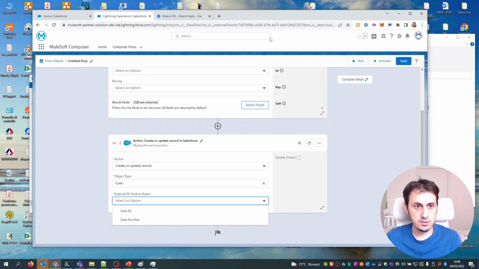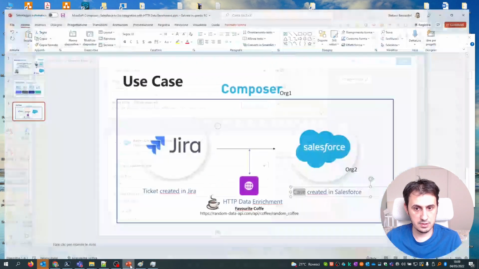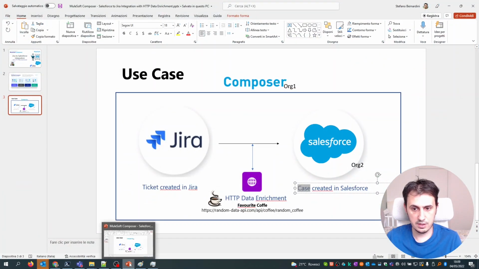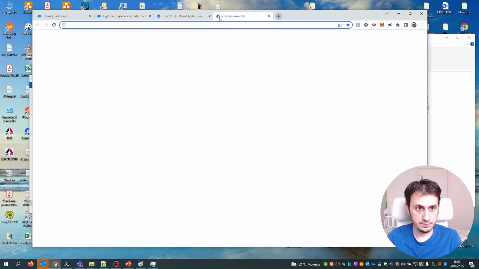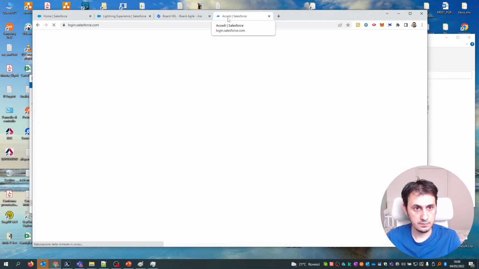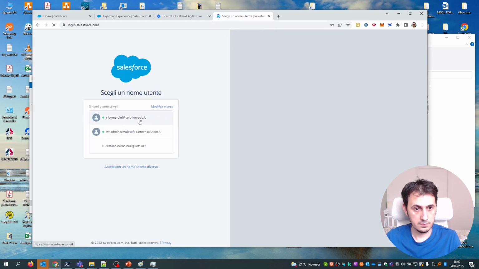Okay, let's go to the Salesforce organization where I have to create the ticket. So I connect here.